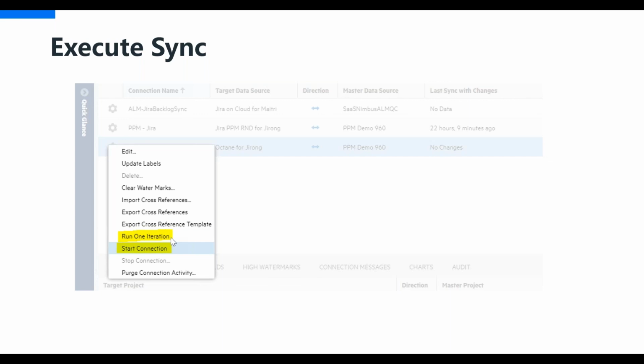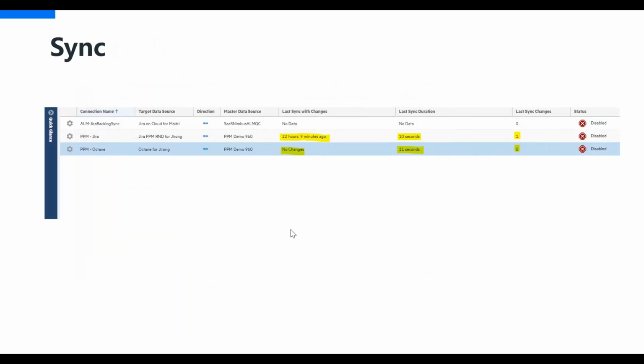And when you have tested fully and you are ready to go, then you can say start connection. Once you start connection, it syncs the data based on the frequency that you have defined for the sync frequency on the connection tab that I have previously mentioned. Once you have established and started the connection, it shows you the status of the sync, the last duration, and the number of records it has synced right here in the connection tab.